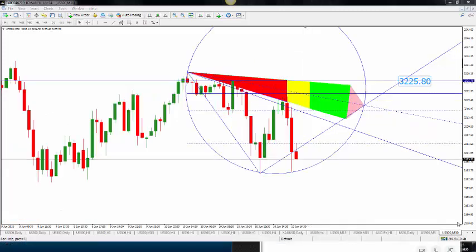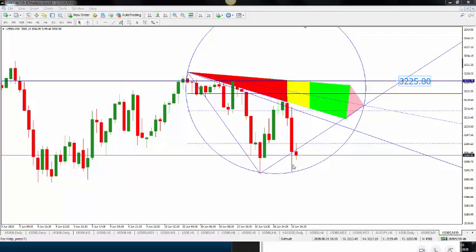So this is the result of the analysis done with the hypermagic indicator, and as you can see, we wouldn't have been selling in the red zone, but just on the edge of the red zone and yellow zone there, the market actually pushed up to about here and then collapsed. And this is the power of using time and price in your analysis, and that's something that the hypermagic indicator can do for you. It's the only indicator that I've ever seen in my life that includes price, time and